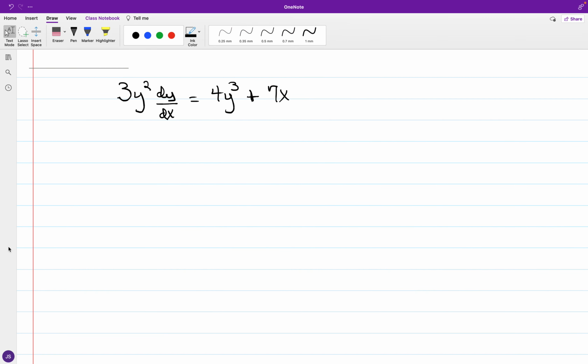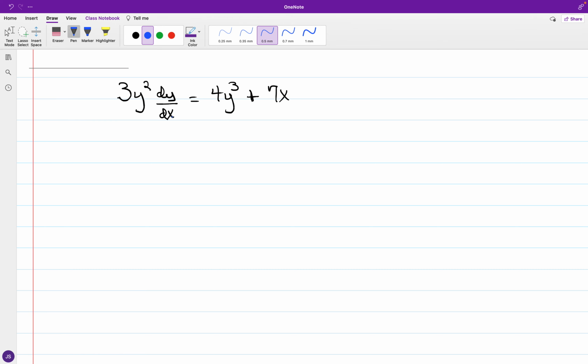Now, another case of an equation that is neither Bernoulli nor separable. Now we have 3y squared dy over dx is equal to 4y cubed plus 7x. And again, if you look at what we have in y, we have y squared and y to the 3rd. Next to the derivative dy over dx, we have y squared, and on the other side, we have y to the third. And acknowledging that taking the derivative of a cube in y with respect to y is going to lead to y to the second,